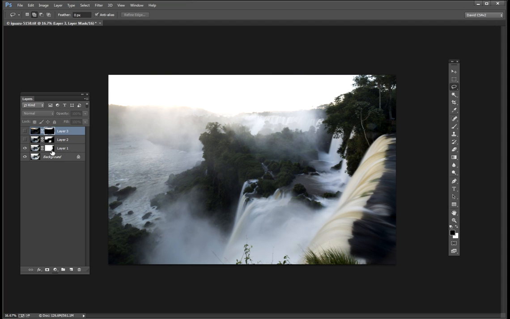You can see it applied. The black bit is revealing the area from the background layer underneath, the brighter background layer underneath, just on this right hand